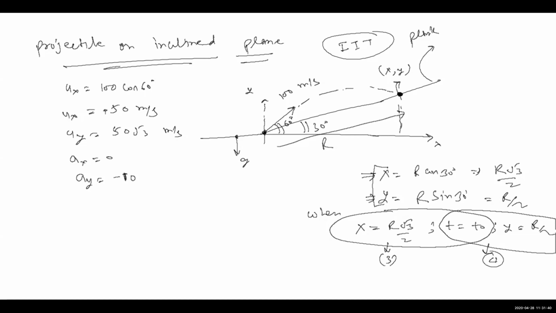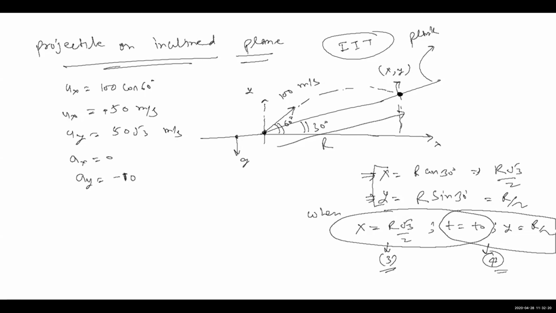equation 4. So when I use equation 3, I'll have one equation, two unknowns, because r is also not known. If I use equation 3, I'll get one equation which will have r as well as t naught, isn't it? Neither the r is known nor the t naught is known. Then I'll use equation 4, which will have t naught as well as r. So I'll have one equation from here, one equation from here, and two unknowns, r and t naught. What will we do? Eliminate t naught, get the value of r. Do you understand the point? Because in this case there are two unknowns.